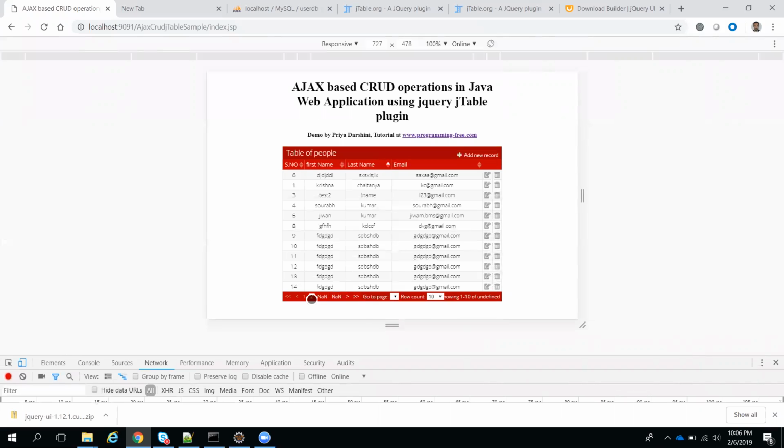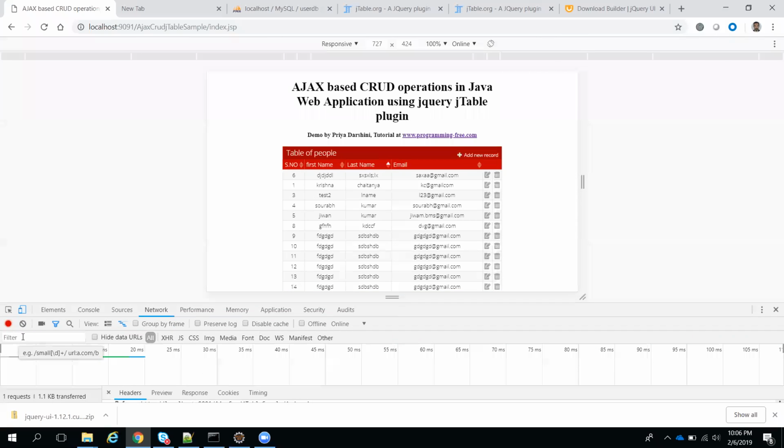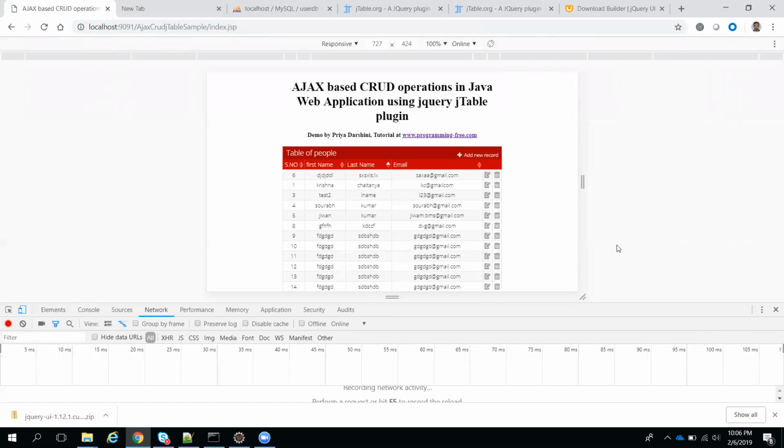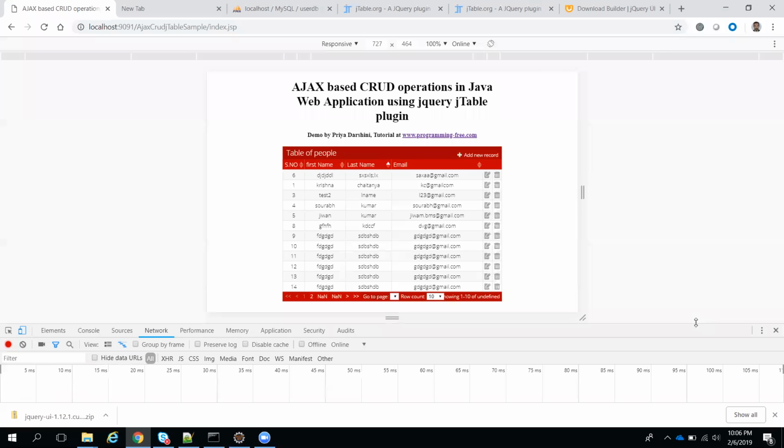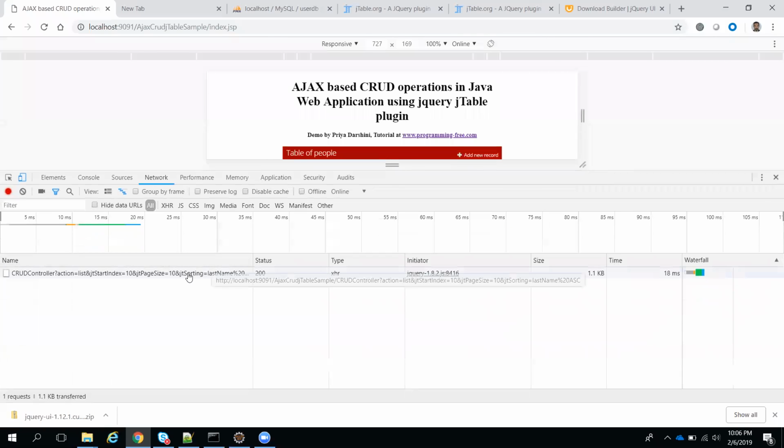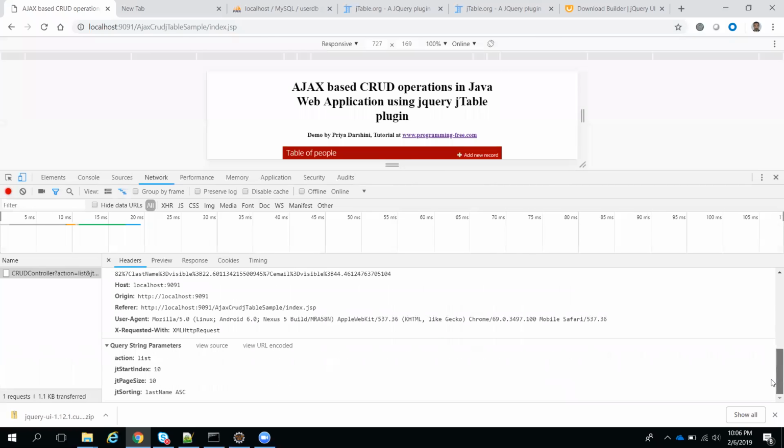When I click on the second page, there is a different limit. I will show you how this limit works with one query in the database. When I click on the second page, it sends a limit, and a backend call goes. If you see here, start index is 10, page size is 10, which means it will take 10 comma 10. Suppose you have 20 records: the first page gets 0 to 10, and the second page should get 10 comma 10, right? That is called limit. To show that, we have some queries.